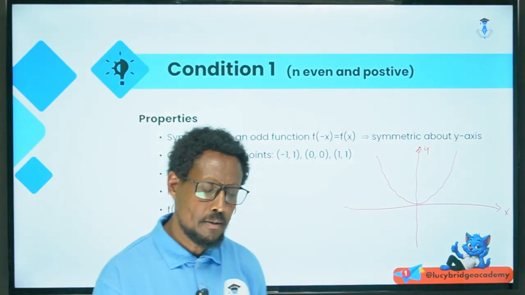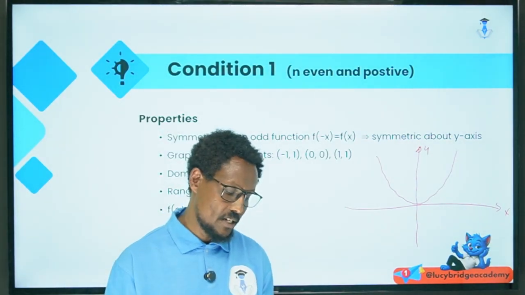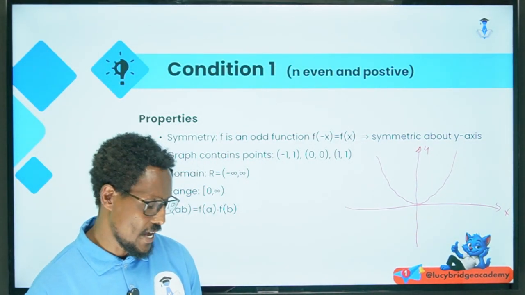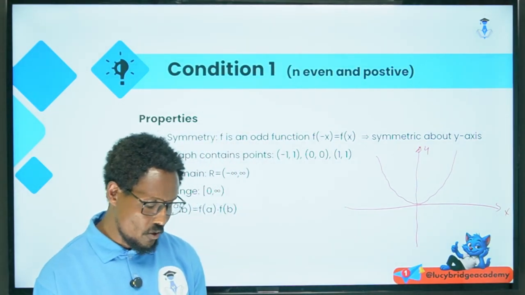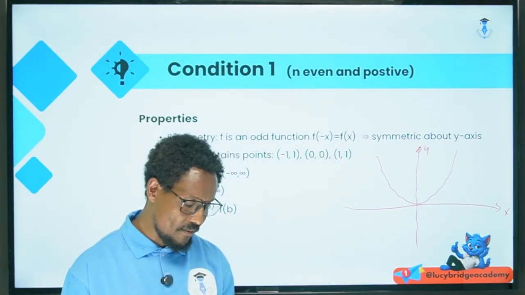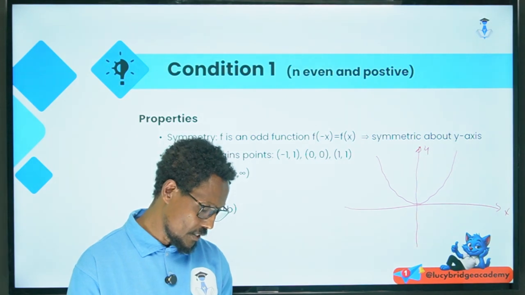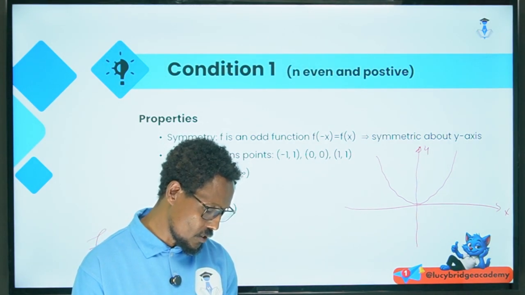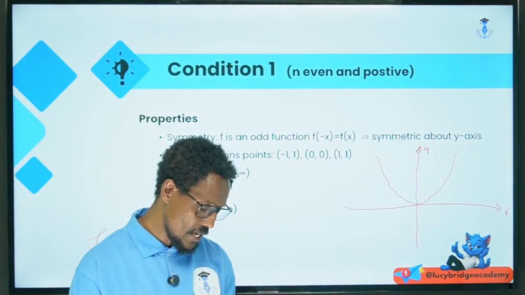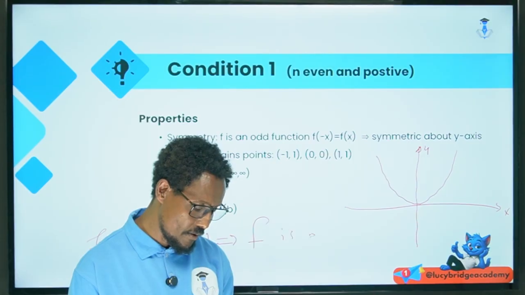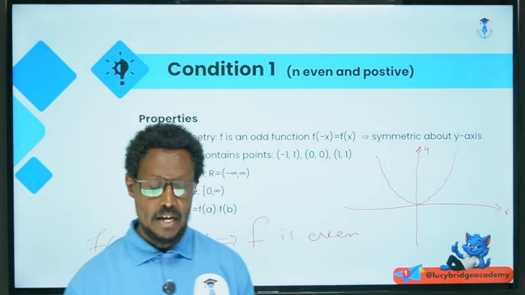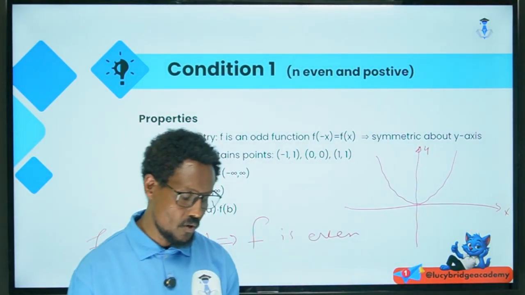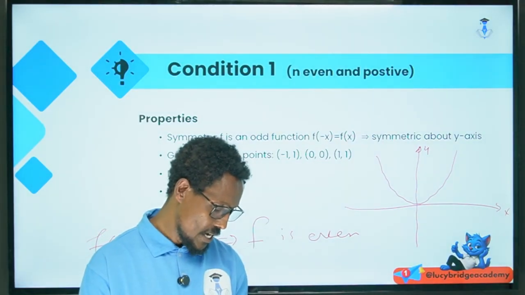y axis ላይ መሆን አለበት ማለት ነው። So the symmetric line or the symmetric axis is the y axis, okay, and it is an even function. Even function ማለት ደግሞ f of minus x is equal to f of x የሚሆን ከሆነ f is even, okay, f is even function ለማለት f of minus x is equal to f of x የሚሆን ከሆነ ነው። ለምሳሌ x square እንውሰድ። x square ስንወስድ